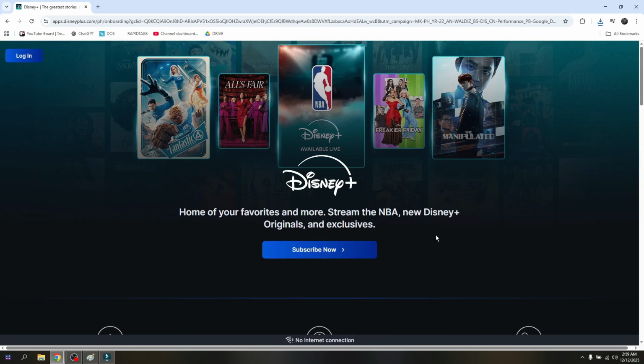But first, keep in mind that you will not be able to do this using the Disney Plus application. You really need to pull out your preferred web browser for this process to work. Now head straight into the Disney Plus official site and then log in to your account using this button here